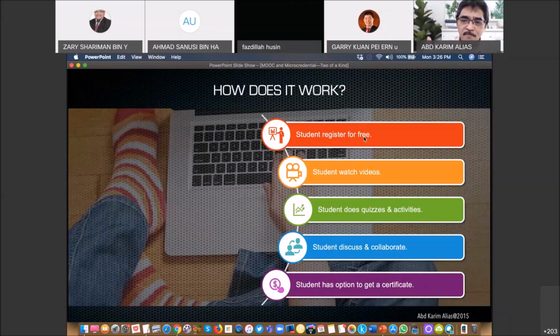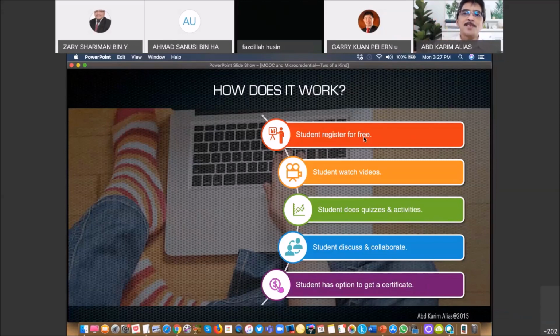Then once they have paid, they will have access to the course. They will go through the course content, the lessons, one by one. Usually there's a video, reading material, activities, and maybe some assessment as well. So students watch the video, but the teacher, the lecturer or the professor, is not there. So now we use the term asynchronous. In most cases, MOOC is asynchronous, meaning that once you have uploaded your video, your content, your lesson, everything complete,